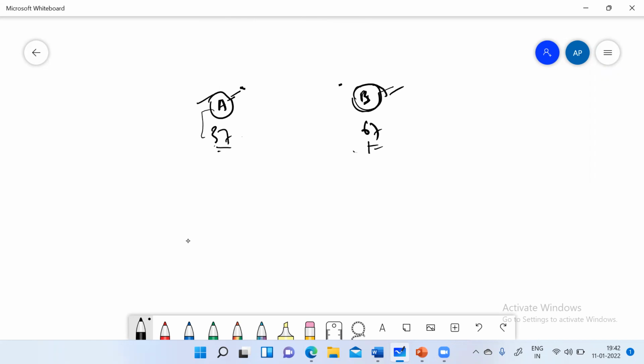Again, the plot is the same. There are two groups, A and B. All the members of group A have an average of 37. All the members of group B have an average of 67. And the average that we got is 61. The group average is 61. And what I'm asking you is,